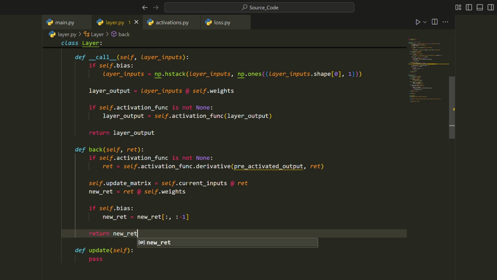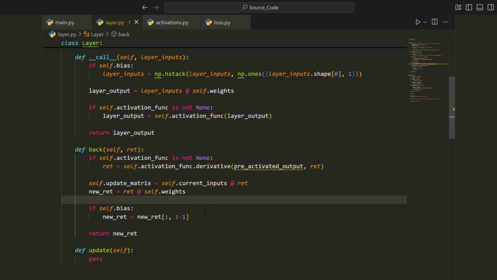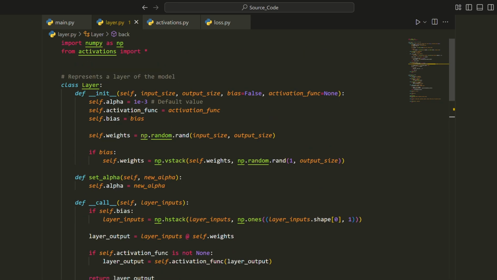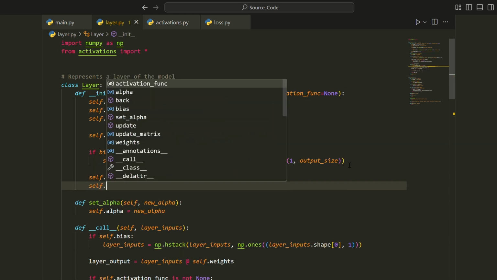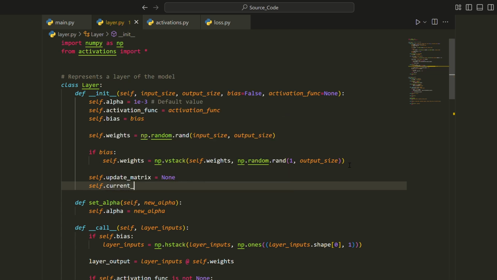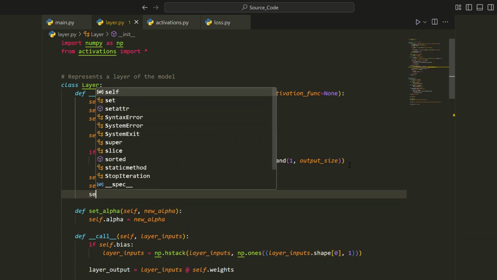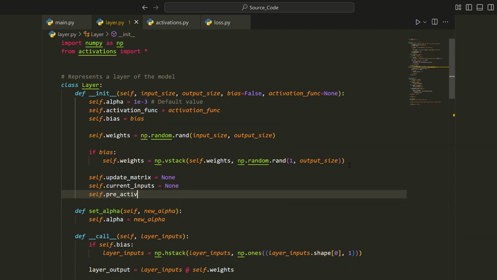Now, if you notice here, we need to use the current inputs to the layer, the pre-activated output, and we need a variable called the update matrix. So we're going to initialize these values to be none in the constructor of the layer class. So self.update_matrix is equal to none, self.current_inputs equal to none, and self.pre-activated_output